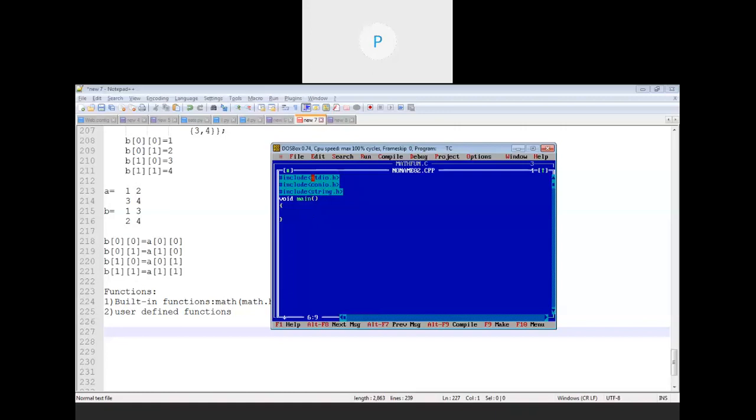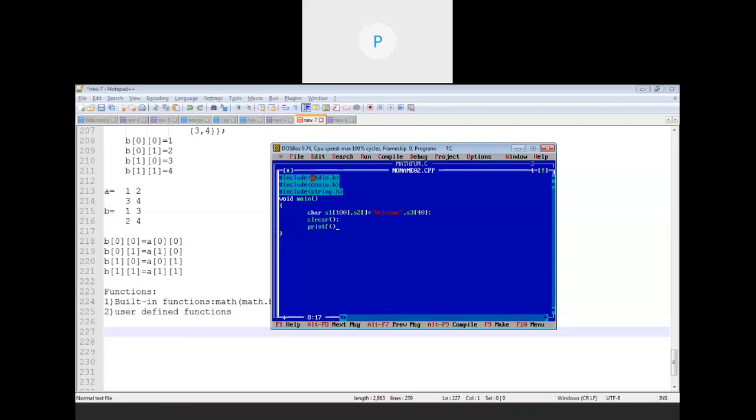Like if I have to store a complete line, if I have to accept a complete word from the user, then that can be taken with the help of this string. Okay, so for using string you need to declare the character array first. If I have to just declare the string, then it can be declared in this way. If I want to initialize it, then the string values are always initialized by using double quotation marks. Okay, and say I have declared one more string. Done. Okay, we have declared three different strings. Two of them are just declared and one is initialized.